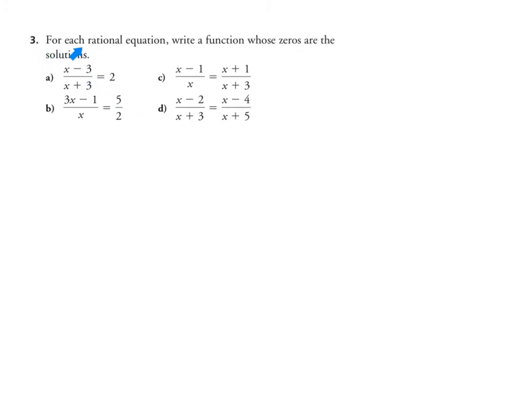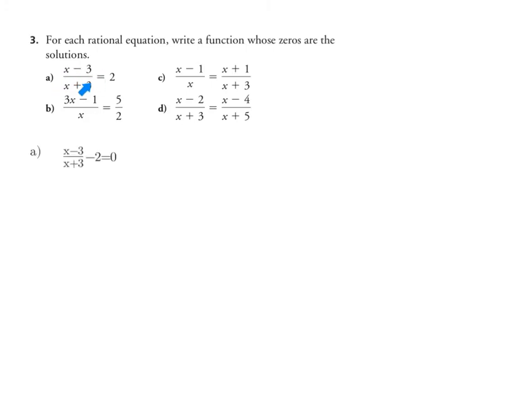So 3 says, for each rational equation, write a function whose zeros are the solutions. So function means it needs to pass the vertical line test, which means you need an x and a y variable. So I'm going to introduce a y variable, and its zeros have to be the solutions to this. All right, so whenever my function equals 0, that's going to be the solution to this. Well, the key to that is, first of all,